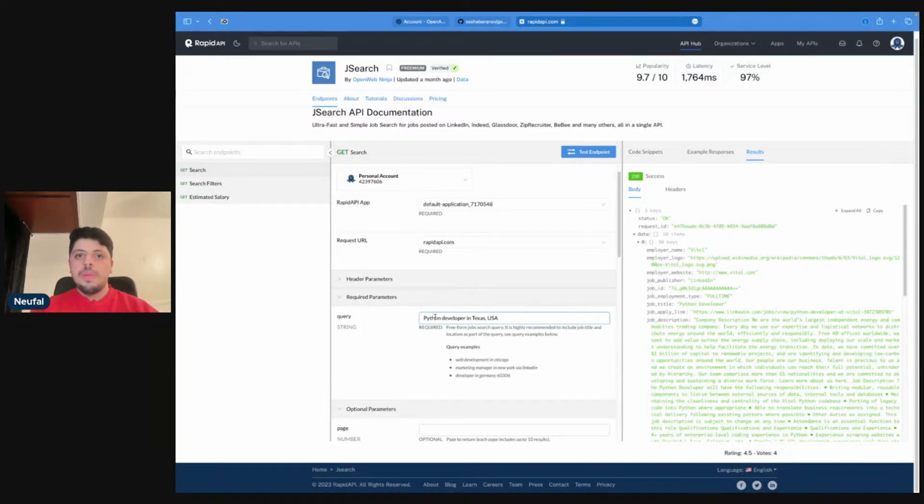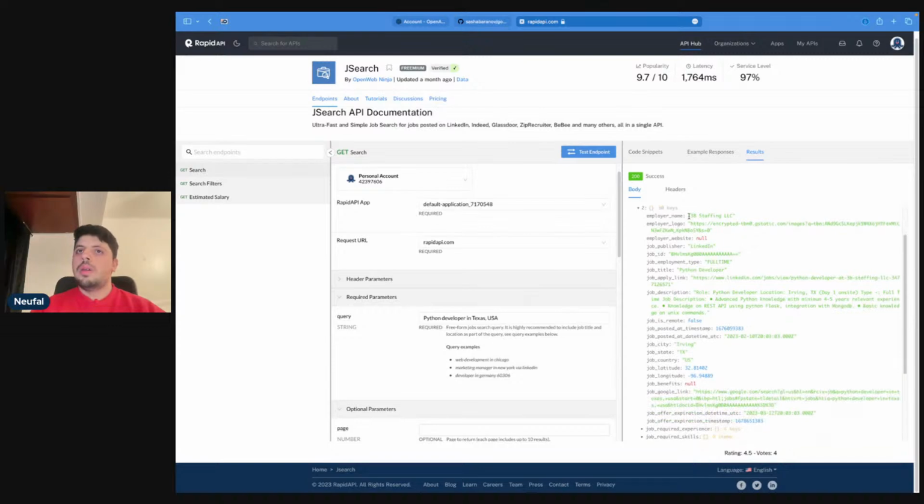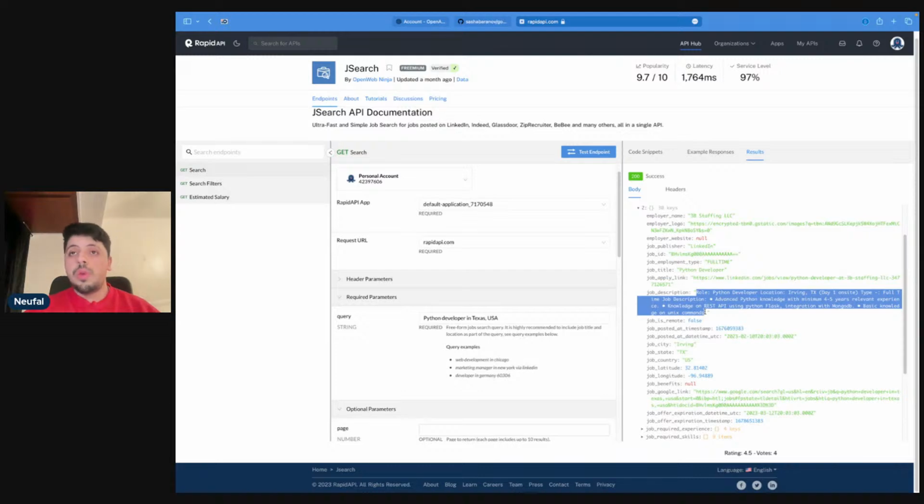So with this query, we're going to give it what we are looking for, like Python developer jobs in Texas or in Maryland or whatever. So this will be the returning data. We will get the employer name, the company name, the employment type, if it's full time or part time or whatever, the location, and all that information. So what we'll be doing is getting this job description and creating the letter with this specific information. And the other one will be